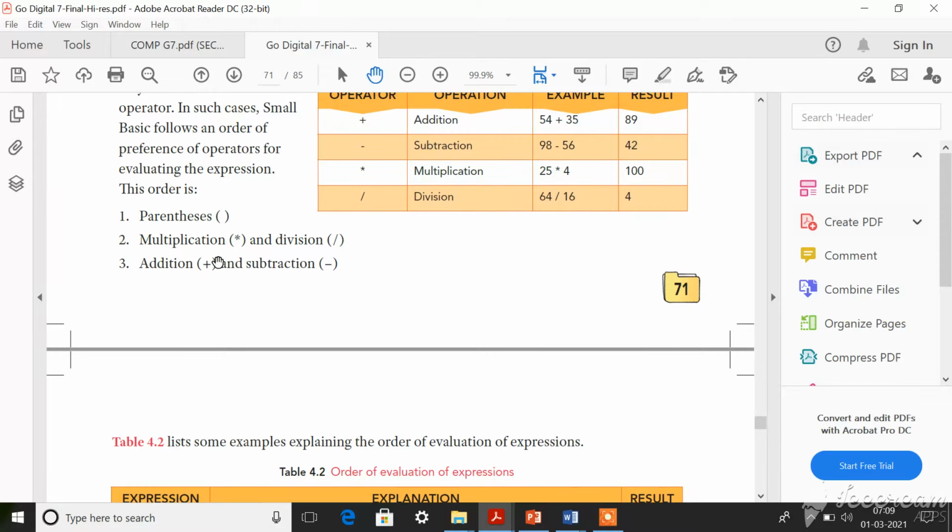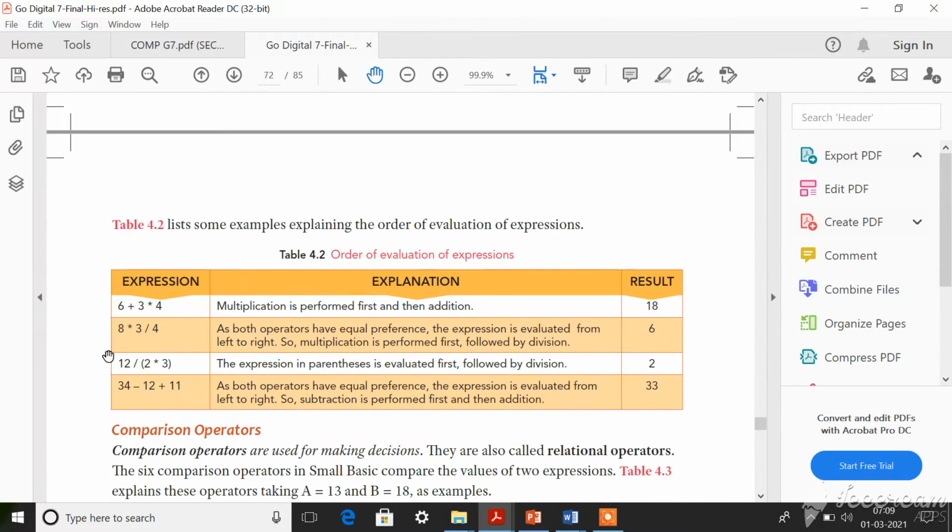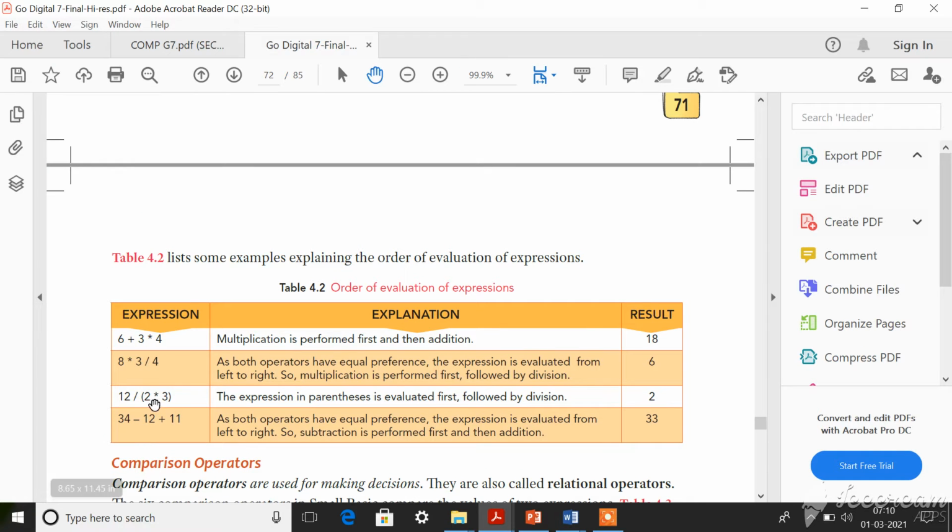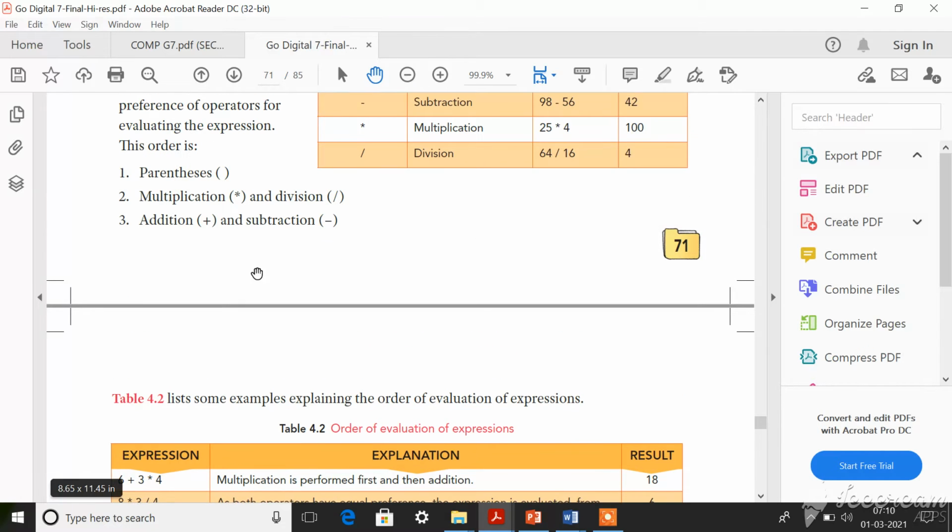So let me explain with this example. Look at this third expression, 12 slash, and within brackets 2 asterisk 3, isn't it? So first you should solve the bracket. The asterisk denotes multiplication, right? So you have to multiply these two numbers first. 2 into 3 is 6, right? After this you should see whether you have another multiplication symbol.